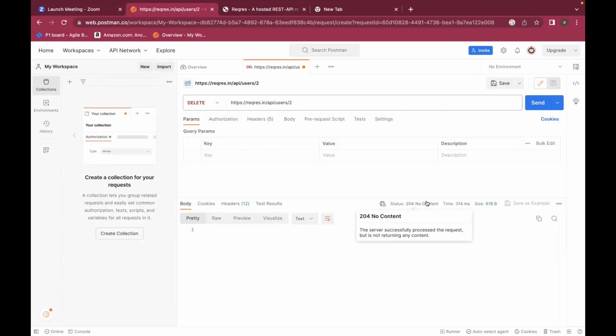Okay, you have used a delete endpoint. You have copy pasted that endpoint here. You have changed the HTTP request method to delete and you have sent the request. Now you are getting 204 as the status code. 204 means your request has been successfully processed, but it has got nothing to show for you. It is already deleted, so what will it even show? There is nothing much to show. So that is what your delete endpoint and delete HTTP method is.